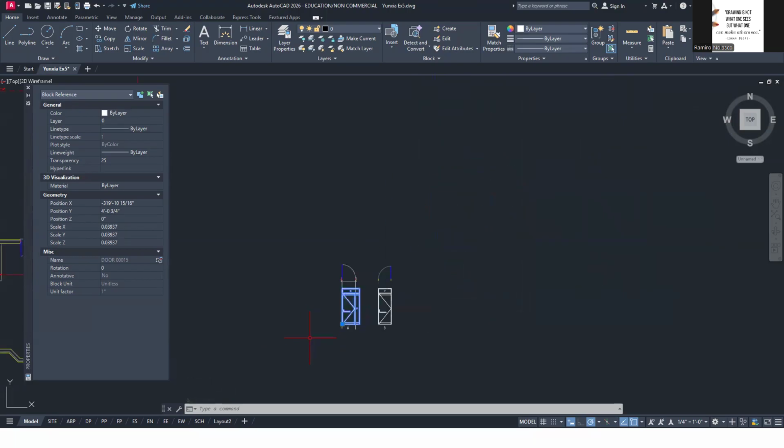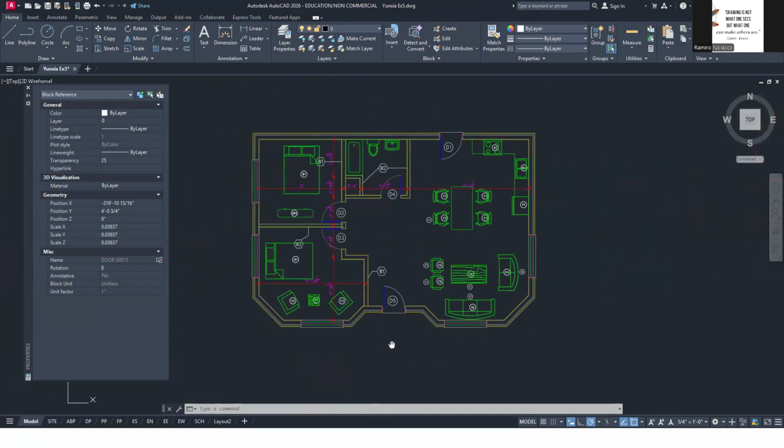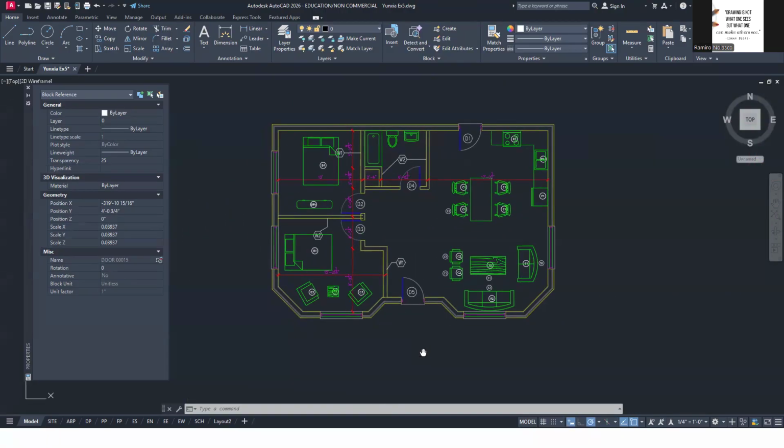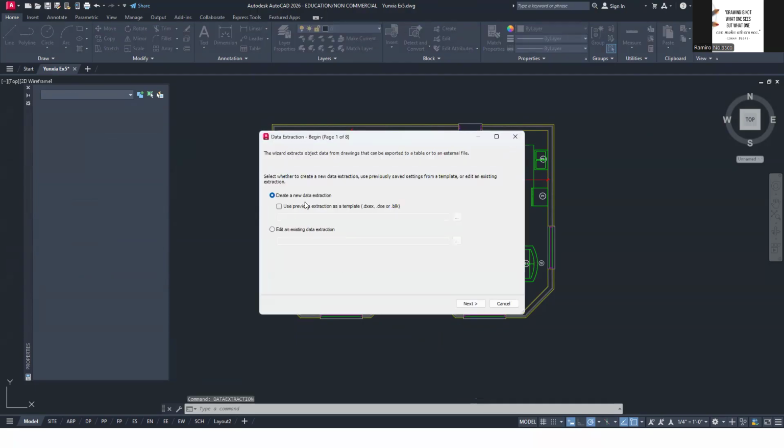Now, how do you do the extraction of information? So we have added the attributes, furniture, and all of that. Next thing you want to do is simply type data extraction. Select data extraction. Create a new data extraction.